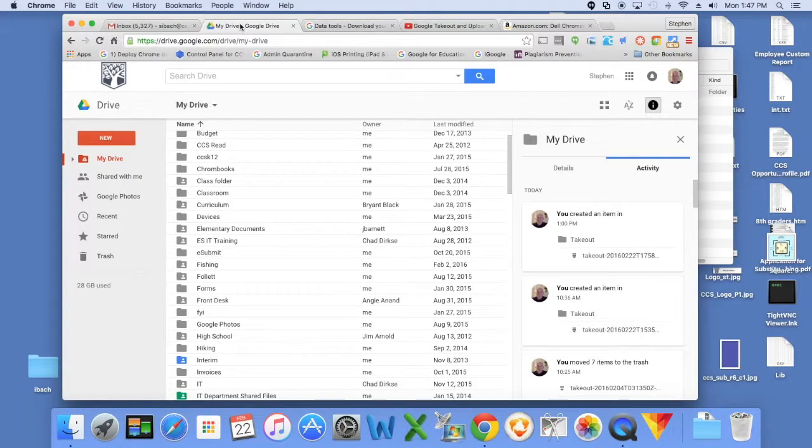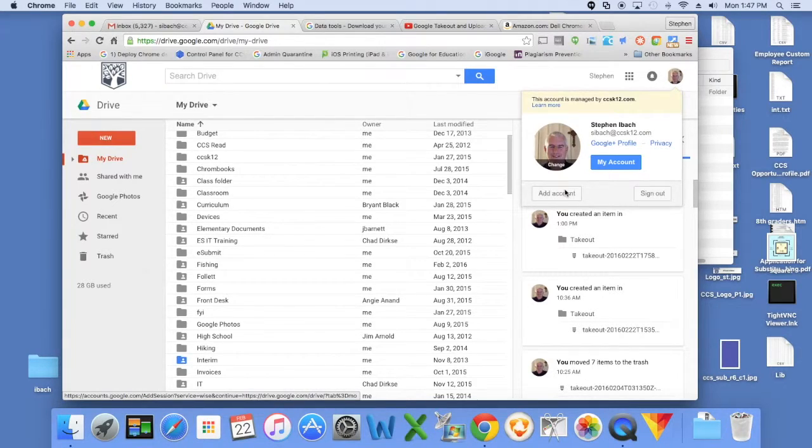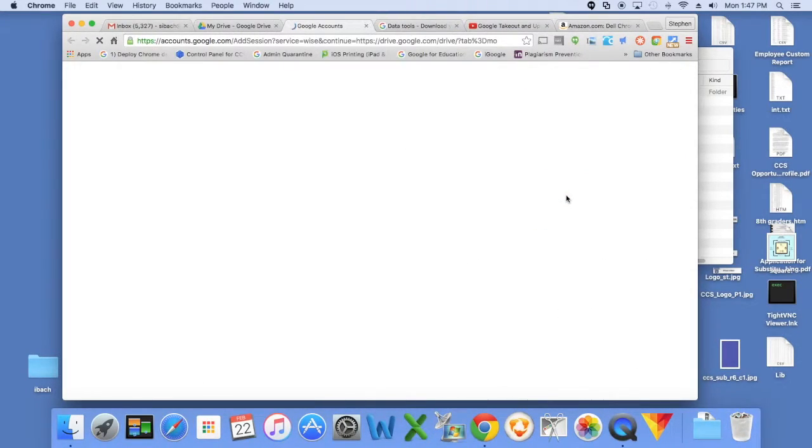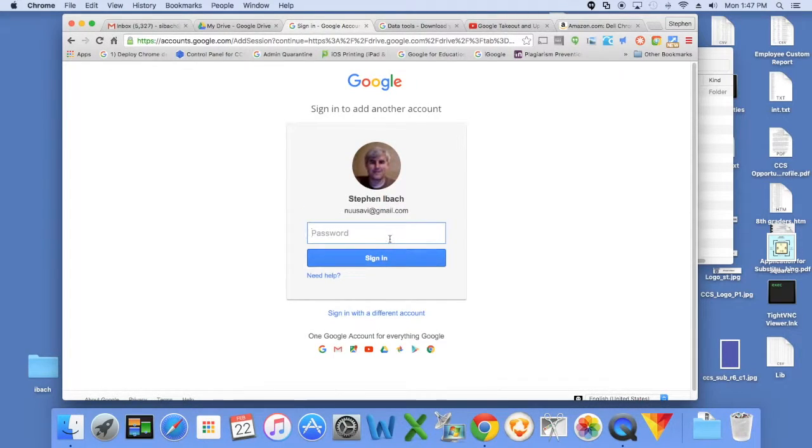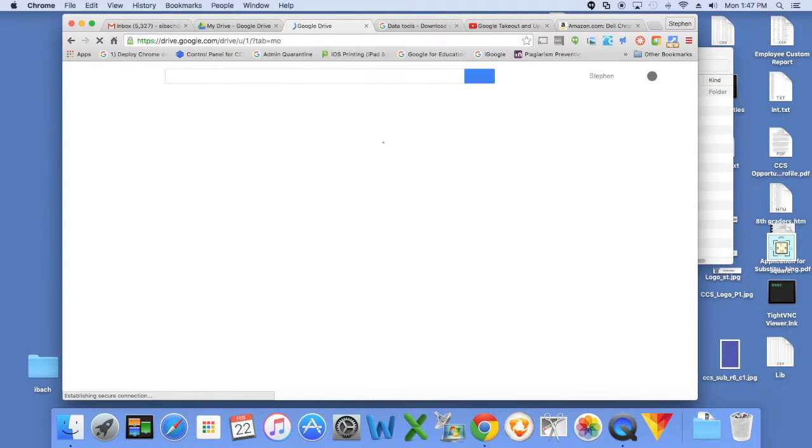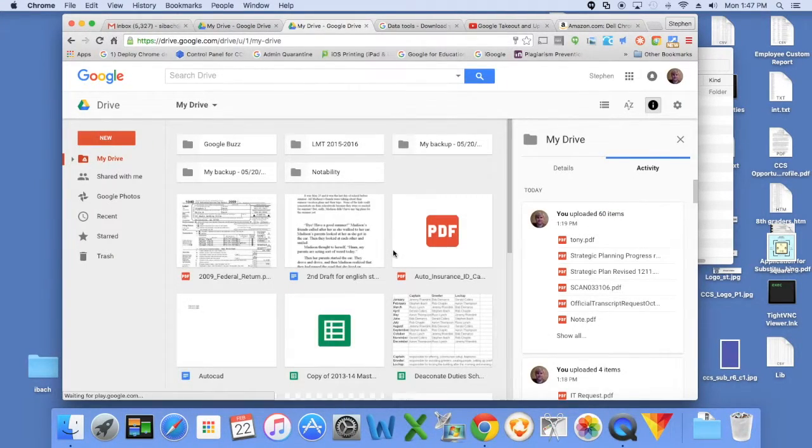Now I want to log into my other email account, my Gmail account. So I'm going to add an account, and I'm going to log in. This Gmail account is not part of a Google Apps for Education account. It's just plain old regular Gmail. I'm logged in. The first thing I want to do after I get logged into the Gmail account is go to Settings,